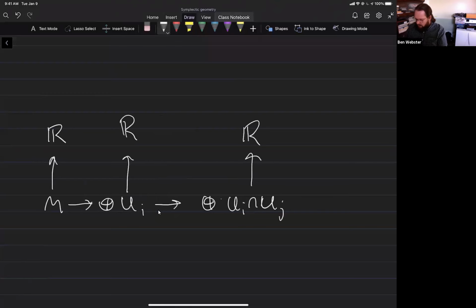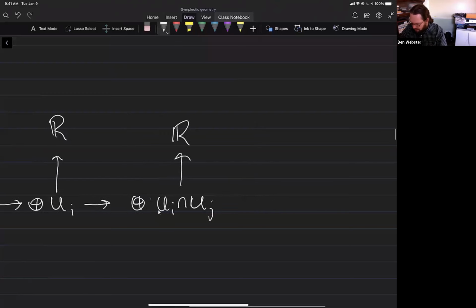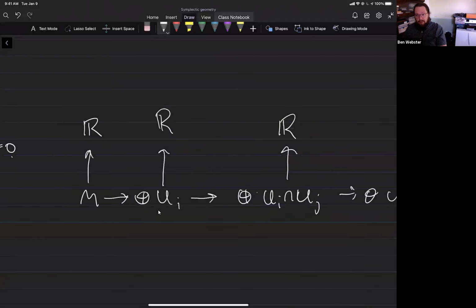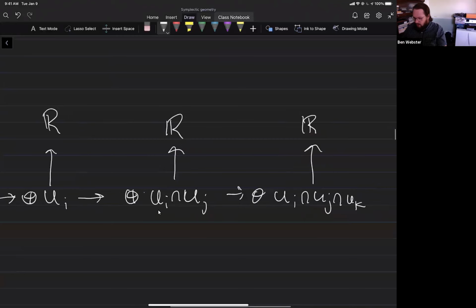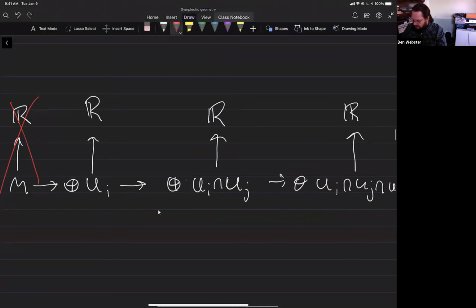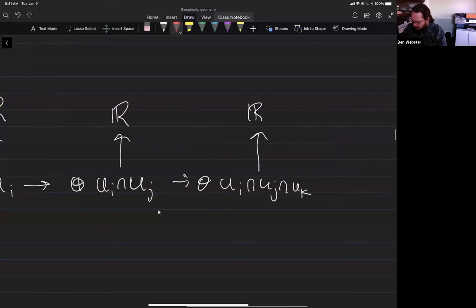Continuous functions from all overlaps into R, from all triple overlaps into R, etc. And this is what's called Čech cohomology. This is actually another way of describing de Rham cohomology. If you take the cohomology of this complex, I think with this guy deleted, then you will also get the de Rham cohomology, but described in a very different way.